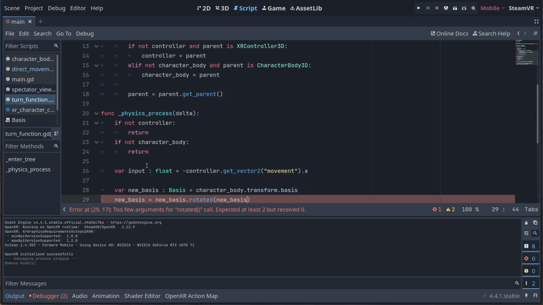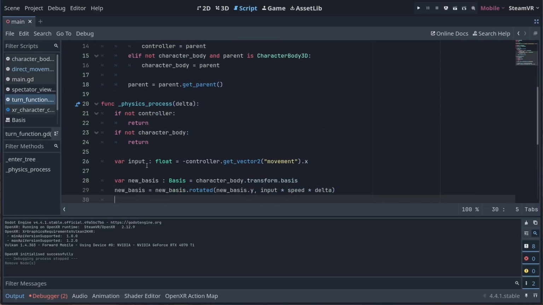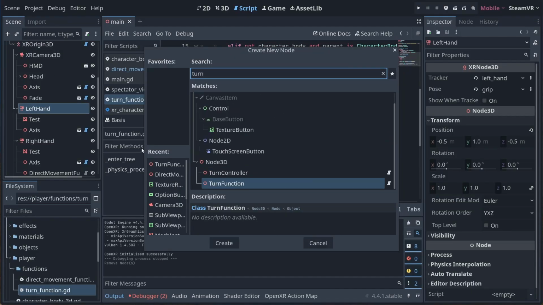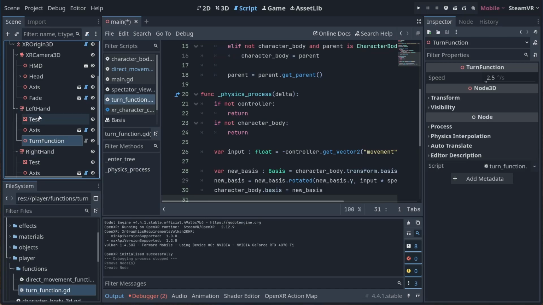Note that for movement, we were working in global or world space. Now we rotate this around the basis's y component, using our input times our turn speed times delta. And we assign our new basis to our character body. We now need to add our turn function as a child node to our left-hand controller.